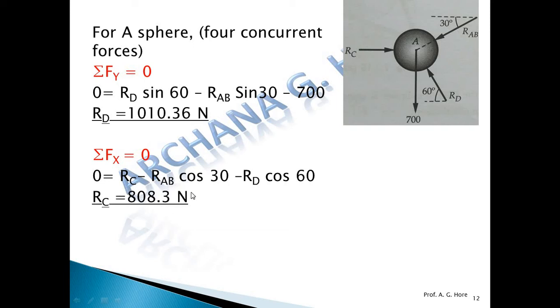Okay, so likewise, if there are two objects which are having contact with each other, draw the FBD separately, count the number of forces, count the number of unknowns, and likewise apply the conditions of equilibrium: two force equilibrium, 3 force equilibrium, and 4 and more forces equilibrium. Okay, now next